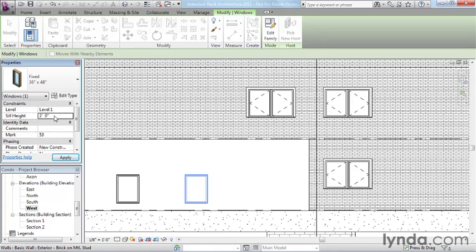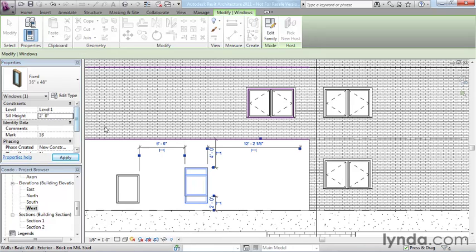It's considered, in programmer speak and computer jargon, a modeless dialog box. Now what that means is that it's active and on screen all the time. Simply shifting focus, another kind of computer jargon, away from the Properties palette back to the drawing window actually applies the change. Okay, so you notice how at that moment, that's when the window shifted up to its new sill